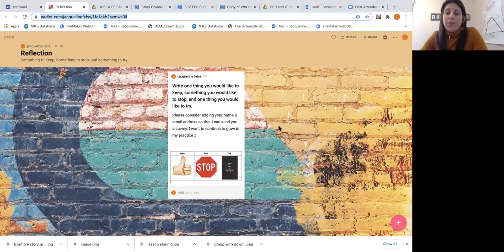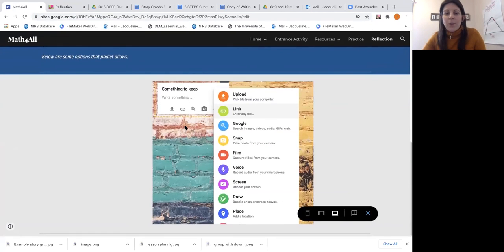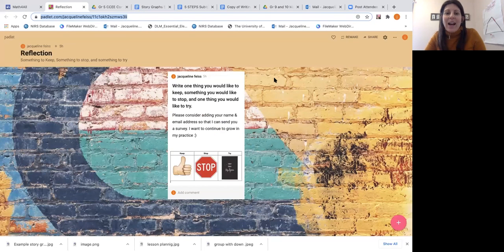You just go to the plus sign in the bottom right corner, and then you can add a note. I'm going to show you the options. There are 3 little dots on a Padlet after you press the bottom plus sign. So you could include a link, a picture. You could audio record your own voice. You can doodle and draw something. So however you want to share, whatever you're in the mood to put there works for me. You're just going to reflect a little bit about this session and what you're thinking.